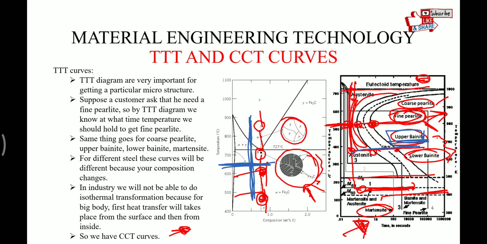So friends, in the next video I'll try to cover a little bit about martensite structure and bainite structure and how the formation of these two structures takes place, and later we will see the heat treatment process, which is what I wanted to make a video on. But if we don't know the basics, the heat treatment process is of no use. Just mugging up the definitions of annealing, tempering, everything, is of no use. So let's understand the heat treatment process after we have studied these two curves and the iron carbide diagram.